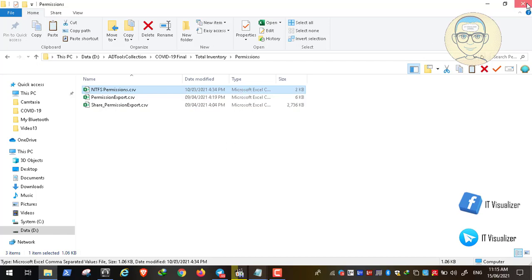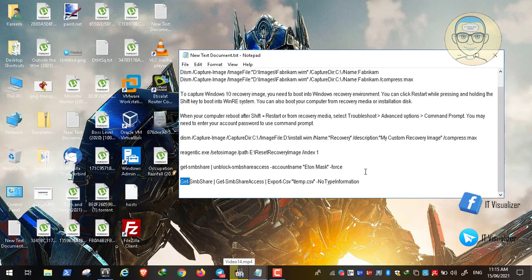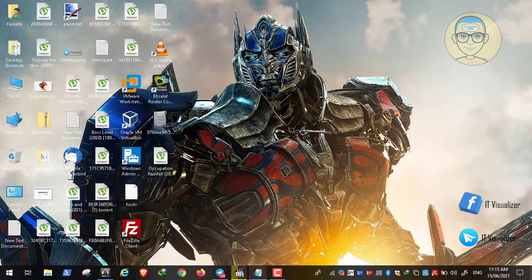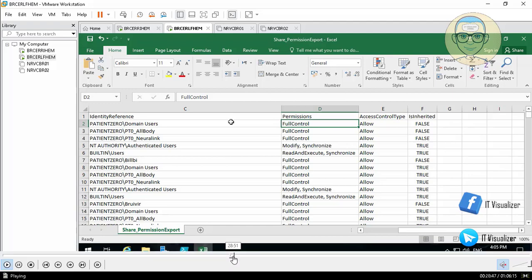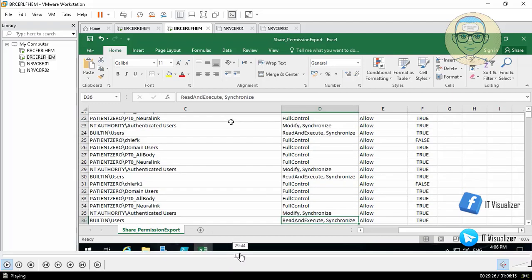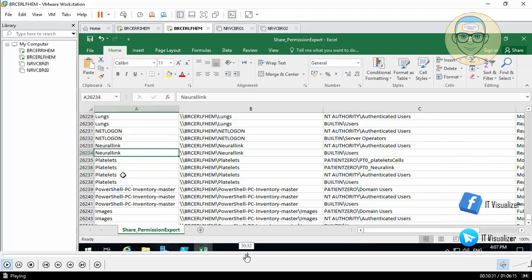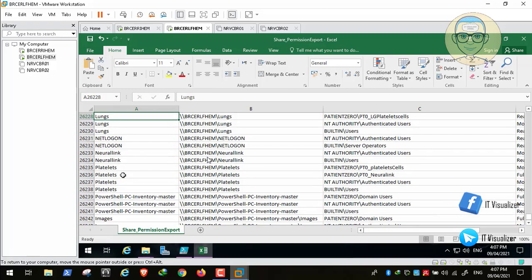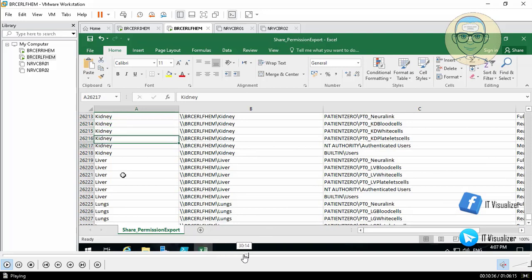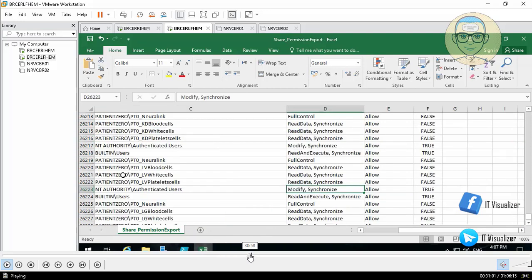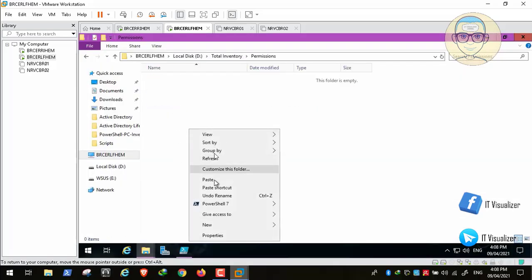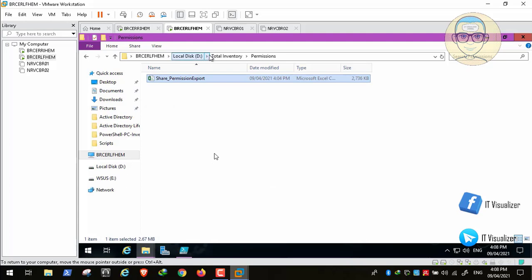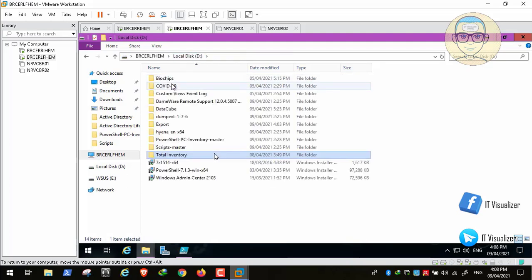If you need to get the SMB share permissions, you need to run this command, and the one that I showed you now is the NTFS share permissions. So we have both the NTFS and the SMB. Now all of this is added. We can see that these are all of the folders shared and the related permissions. So all of this is done. Now we have the permissions, and we will put it from the export into the total inventory. So we have here the permissions